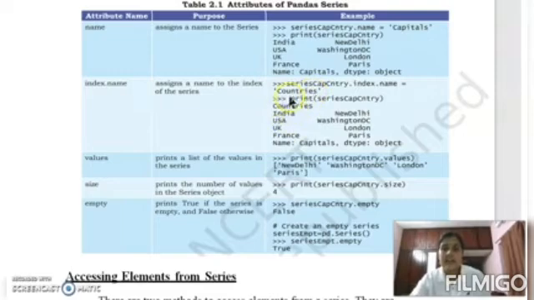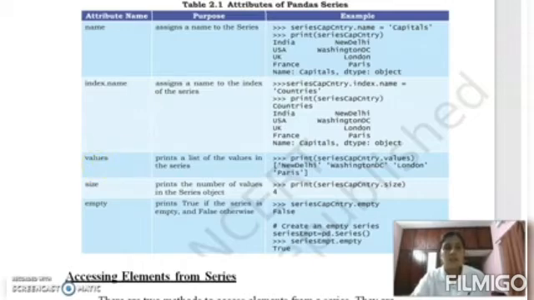So in this example there is no index name, so in this position it is empty. But here we are using index.name as countries. So above India, there is an index name known as countries. So by using index name, we can give a name to the index. Then the third attribute is values.